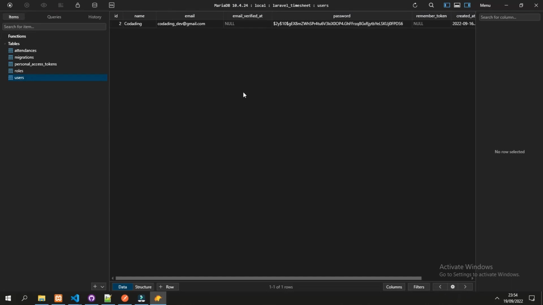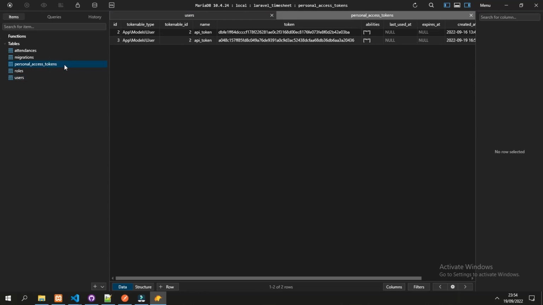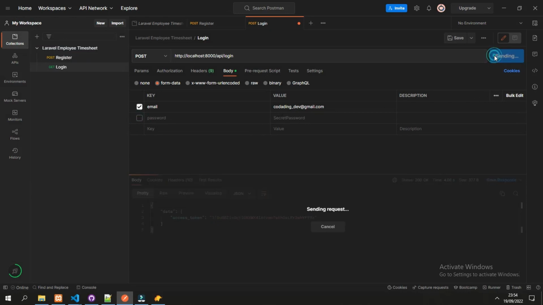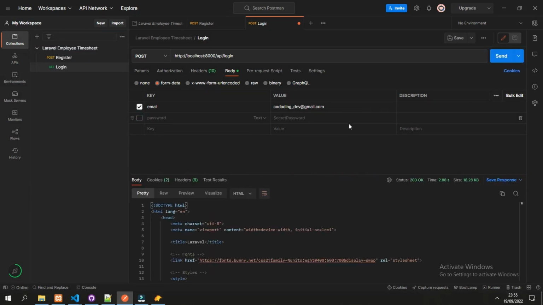And if we see in the database, the user is still one and the personal access token, now there are two of them. And let's try if we, let's say, do not send the password, what will be the response? This happens because we don't specify that we are expecting a JSON response.